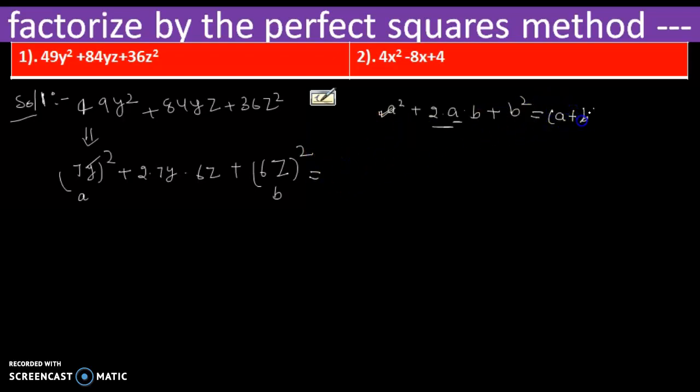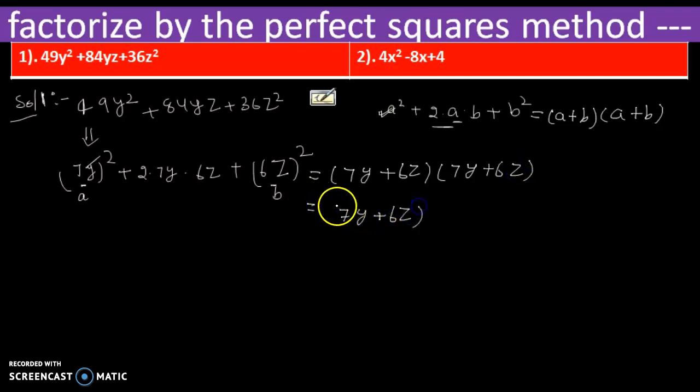a plus b into a plus b. So we write a is this and b is this. So we write a stands for 7y plus b stands for 6z. Similarly, we write into 7y plus 6z. So further we can write it (7y plus 6z) raised to the power 2. So students, from here we can say